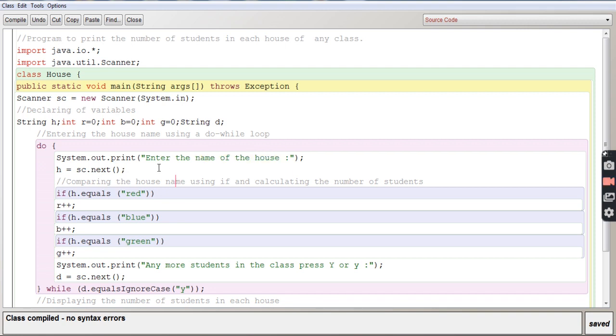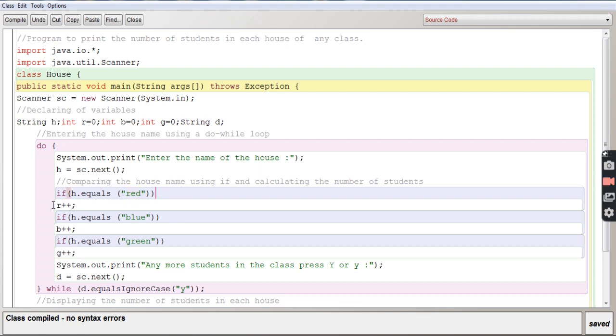Now let us say I've entered red house over here. H gets red house. So this H will be compared. If H.equals("red"), H we are given red, so H is checking for equality with the house already given in double quotes, that is red.